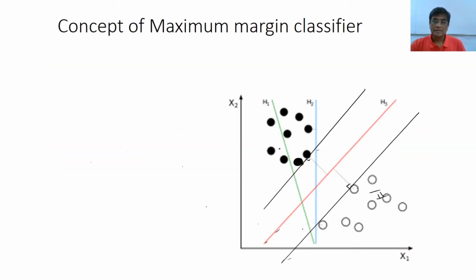So what do we mean by maximum margin classification? Say here I have some samples belonging to class 1, and I have some samples belonging to class 2. This is just like a gutter, and halfway through it the decision boundary is passing. This is called a support vector machine because these are support vectors.